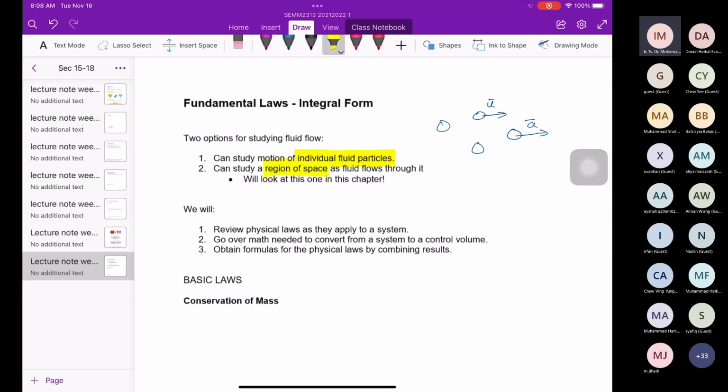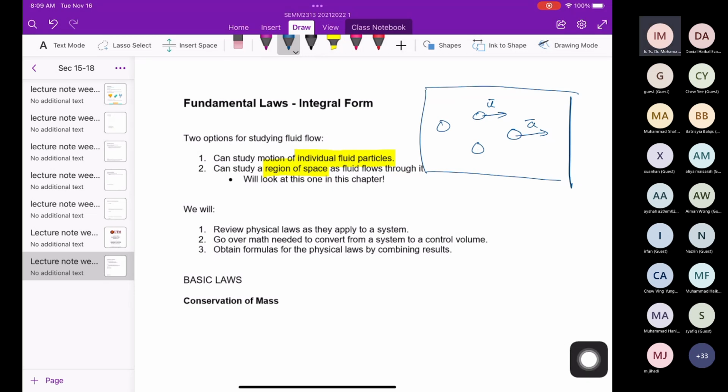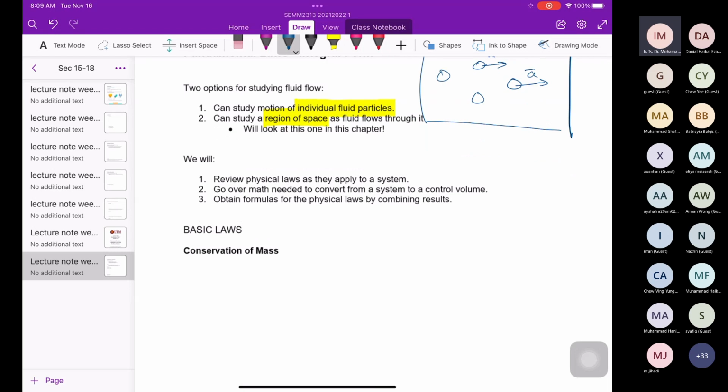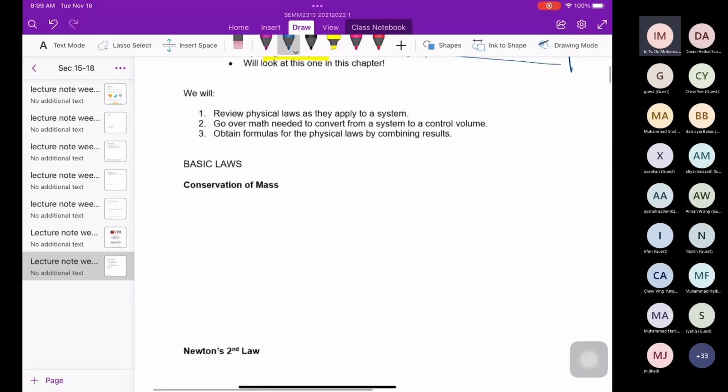This is the region. Okay, that means we need to investigate the space. Okay, what happened inside the region? The fluid will be the interaction of the fluid. So in this chapter, we're going to review the physical laws. Second one, go over the maths needed to convert from system to control volume, and finally obtain formulas for the physical laws by combining the results. So let's start with the basic law, conservation of mass, which is